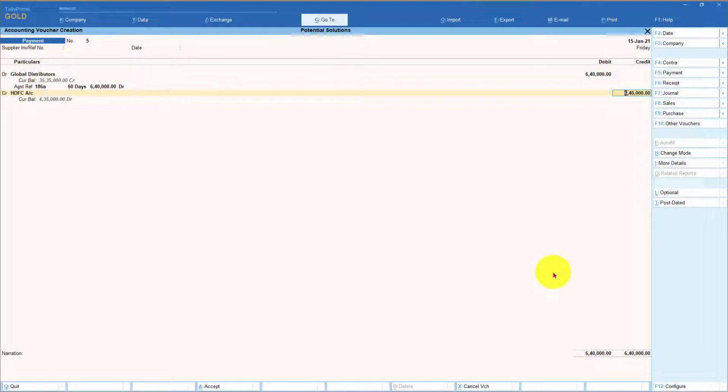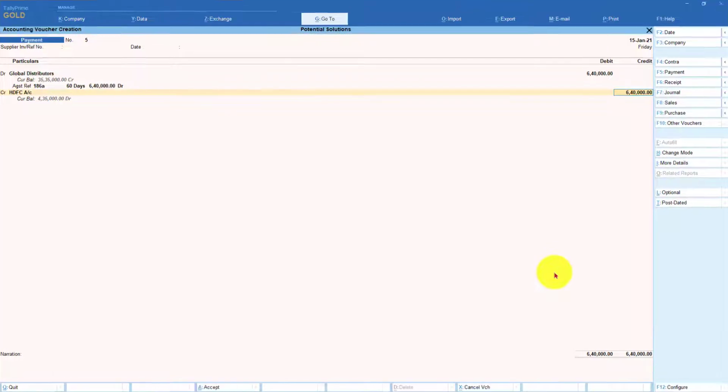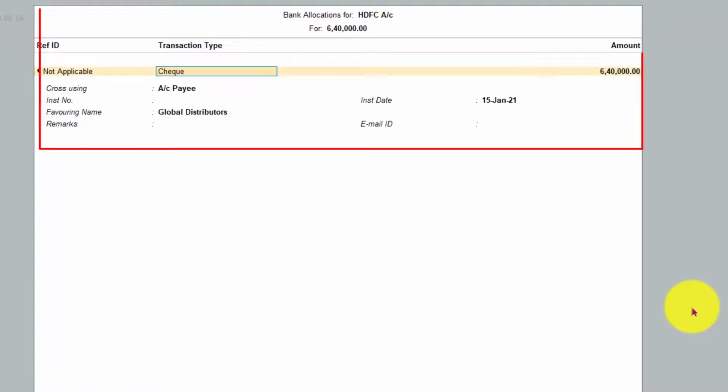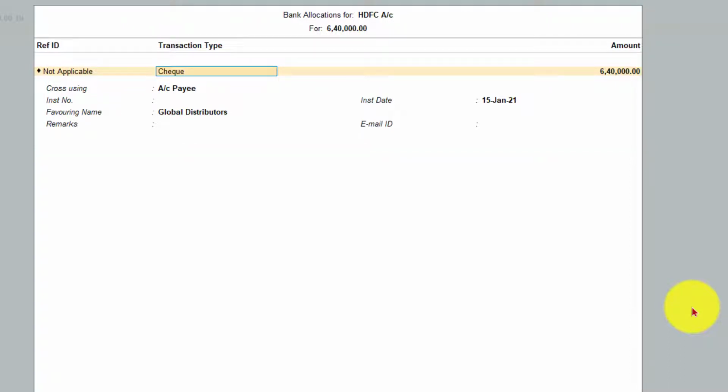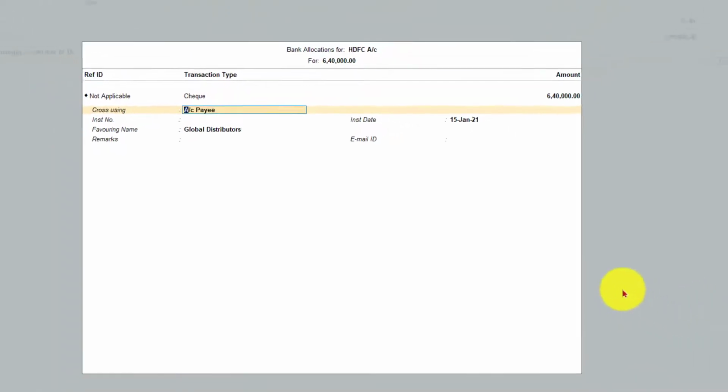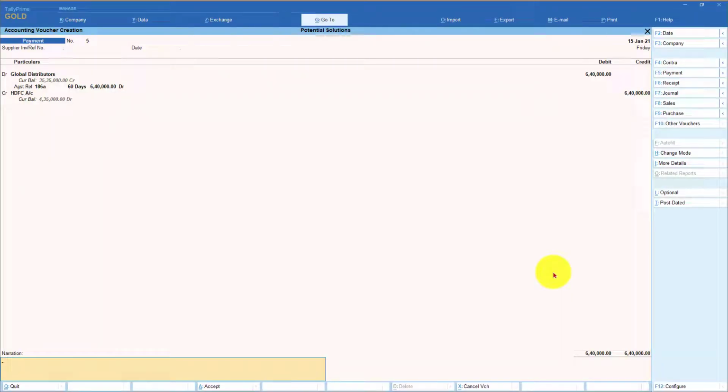The moment the cursor comes to the amount column, when you press enter, now you will get this bank allocation screen. Okay, so generally this is going to be very useful when you are enabling the banking feature in Tally, which we will cover as a separate session at a later stage. So this screen will appear. Now in case some of you don't want this subscreen to come every time, so normally when this subscreen comes, what would you do? You will be pressing enter, or you will press Ctrl A,